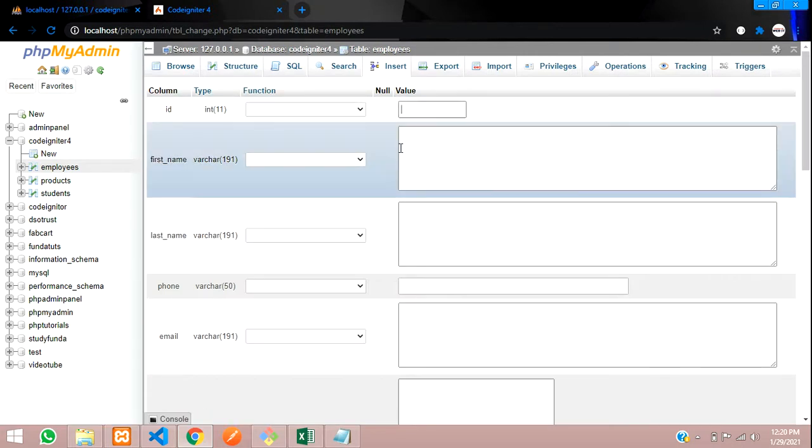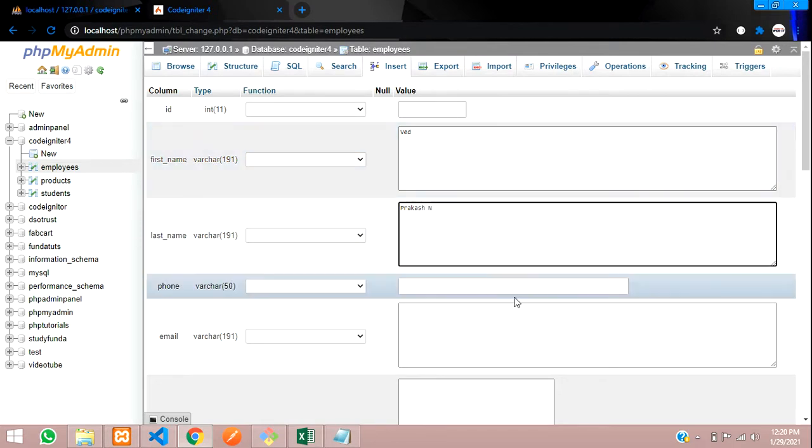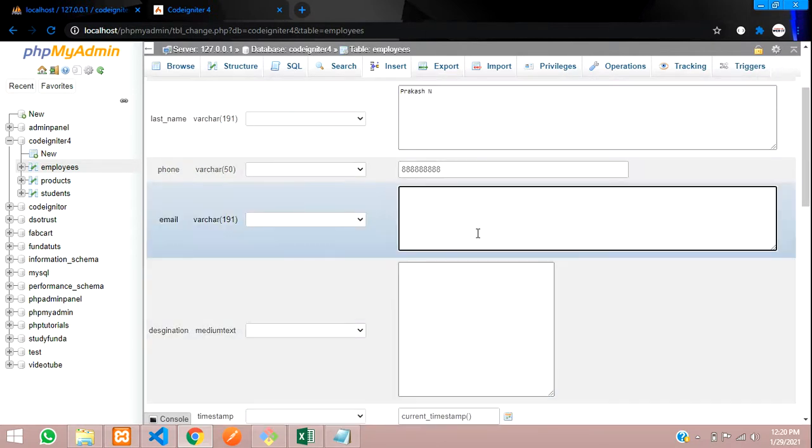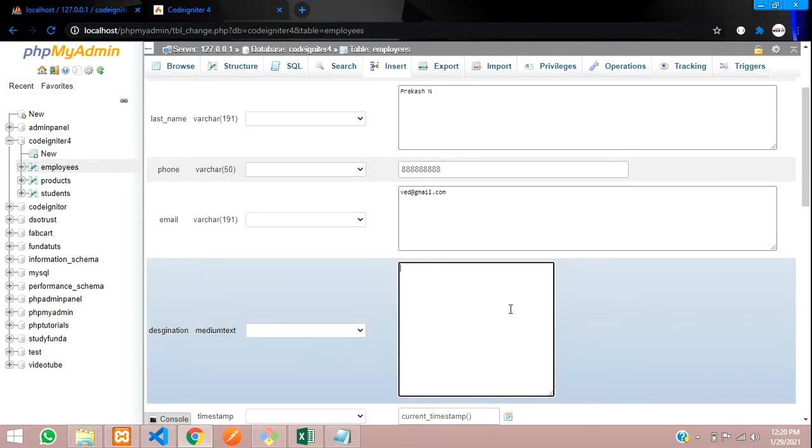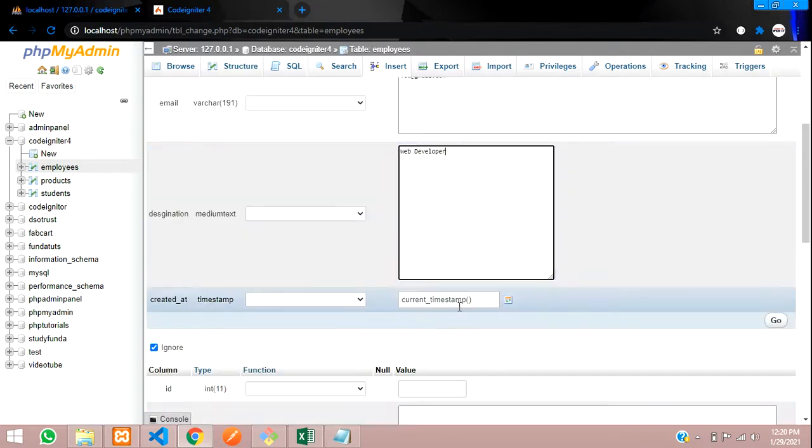You can see the ID is auto incremented, so ignore that. Let's insert the full name, where I'm going to insert first name Ved and then Prakash N, and then phone number 888, and let's give ved@gmail.com, and then designation as web developer. Created stamp is there.